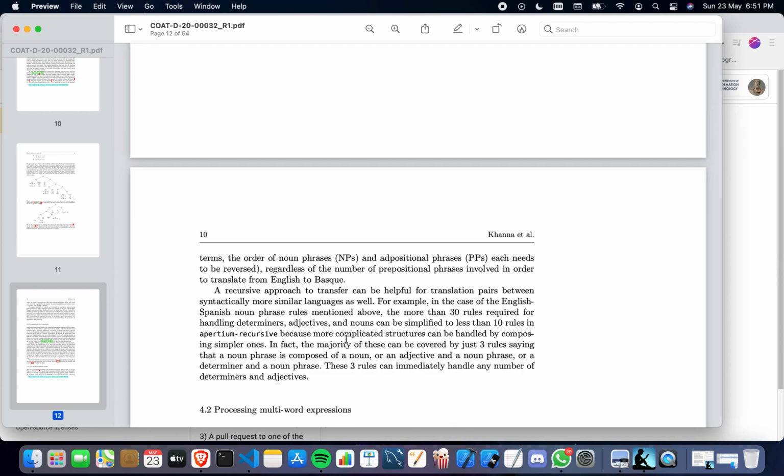For example, in the case of the English-Spanish noun phrase rules mentioned above, the more than 30 rules required for handling determiners, adjectives, and nouns can be simplified to fewer than 10 rules in apertium-recursive, because more complicated structures can be handled by composing the simpler ones. In fact, the majority of these can be covered by using 3 rules, saying that a noun phrase is composed of a noun, or an adjective and a noun phrase, or a determiner and a noun phrase. The 3 rules can immediately handle any number